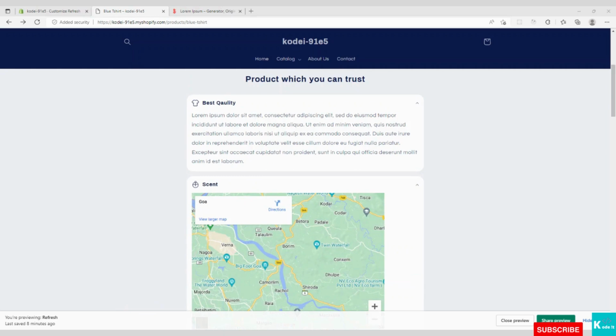So guys, that's all in this video. I hope this video was helpful to you in understanding accordion and how to customize the accordion. So guys, you can make use of accordion in your website, and you can then increase the SEO of the website. This will help in better ranking of your website on Google.